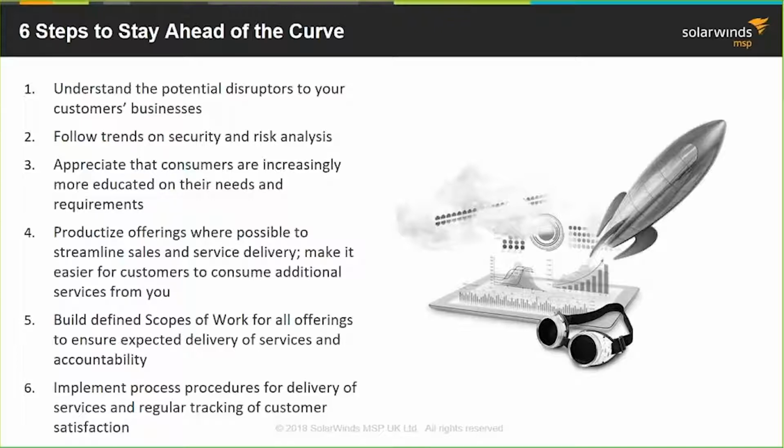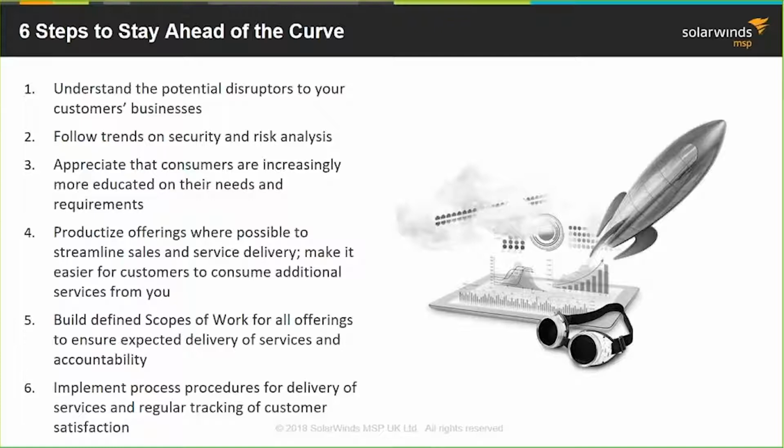Appreciate that consumers are becoming more educated. So walking out today into the market and selling managed services, I would argue, has probably lost a little bit of luster. Why? Five years ago, we were educating everybody on what is managed services. Today, they know what managed services is. They understand, for the most part, the general value around it. Whether or not they want to pay for it, different question.